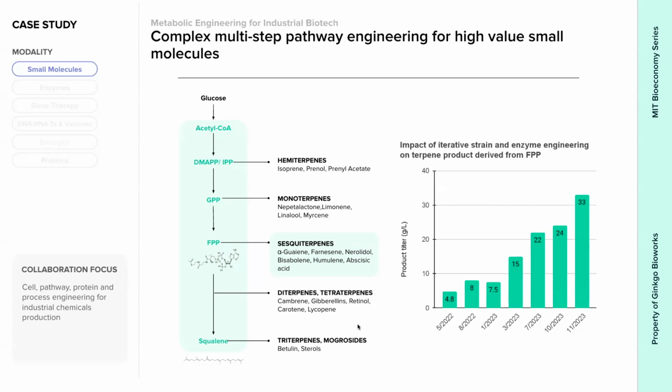And so what we can do now is essentially fine tune and tailor a given sesquiterpene project by mixing and matching different parts of that pathway and adding and subtracting those biocatalytic activities. Making sesquiterpenes at 30 to 40 gram per liter is very industrially relevant and something that we've been able to use to offer to a number of partners to be able to manufacture at scale, together with all the important